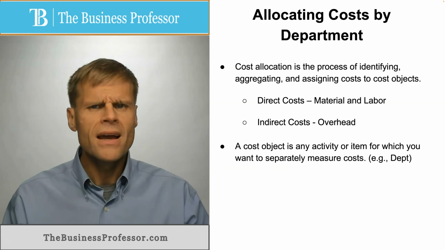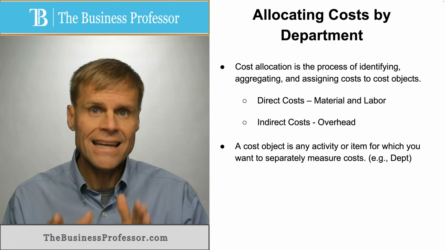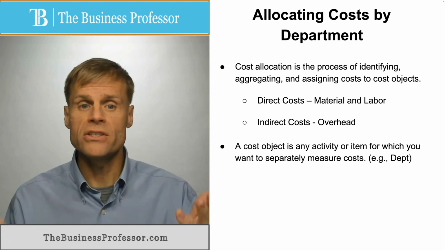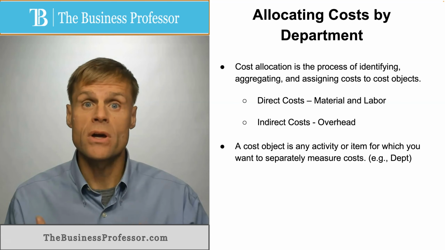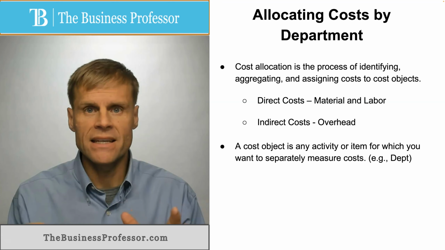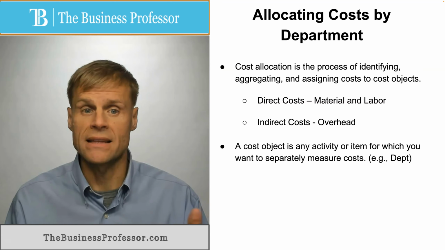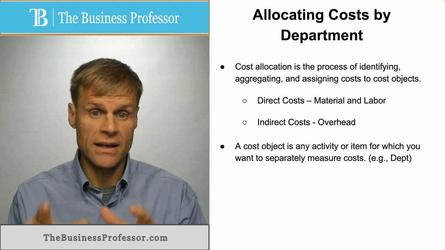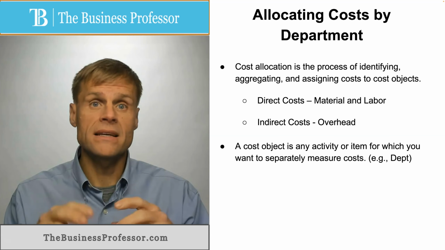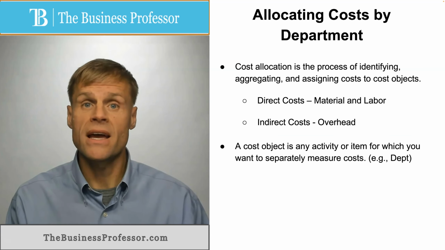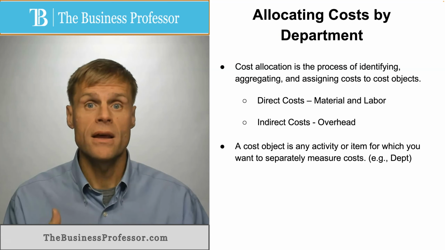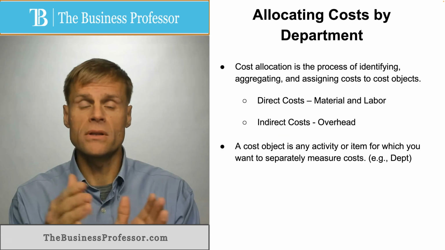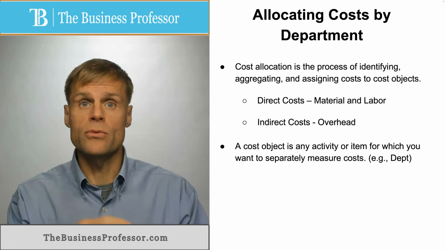Now, a cost object is anything that you seek to attribute cost to. This could be a division of the company, which in this case we're talking about departments. It could even be an activity or a specific job or something like that. Okay, so job costing is a type of cost allocation where you allocate things to a job. Process costing is where you allocate things to a process that's undertaken, which is oftentimes a process undertaken by a given department. Sometimes a department undertakes various processes, so you would collect all these costs together by all the activities